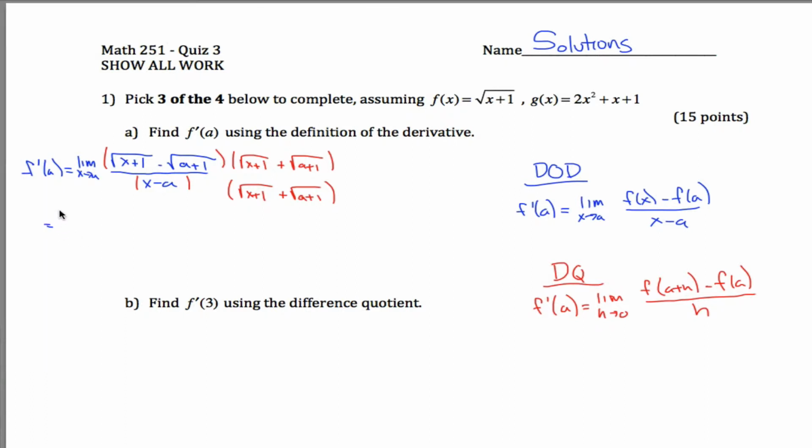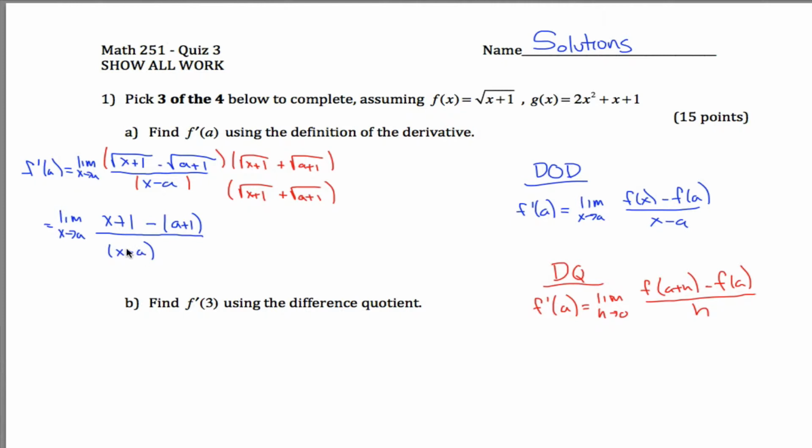Well, let's see. This is the limit as x approaches a of, if you FOIL out the top, the square root of x plus 1 times the square root of x plus 1 is just x plus 1. This times this is the same as this times this, except the signs differ, so those cancel out. The outer and the inner cancel out. Then the last is the square root of a plus 1 times the square root of a plus 1, which is just a plus 1. So the top boils down to just x plus 1 minus a plus 1. And the bottom,